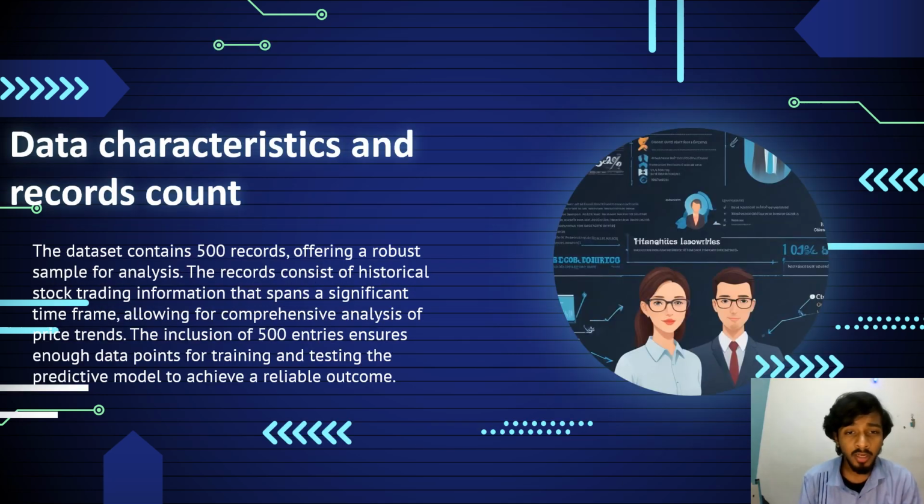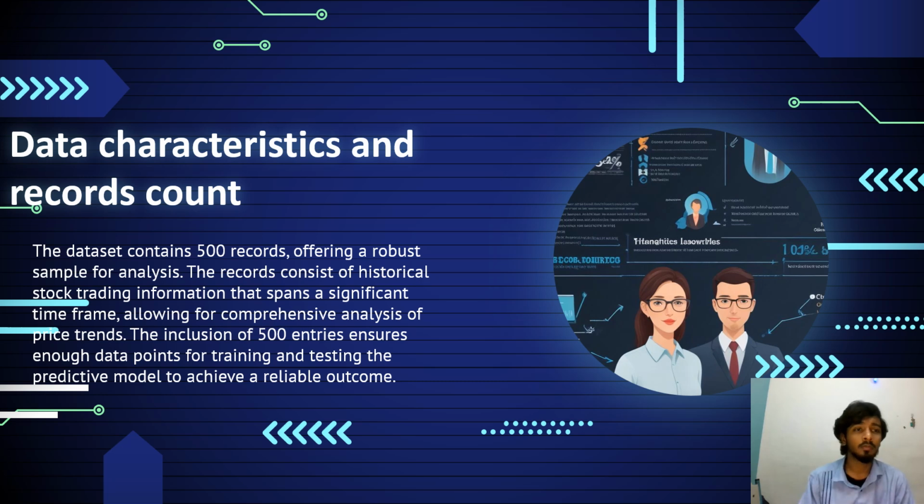Next point is data characteristics and record count. The dataset contains 500 records offering a robust sample for analysis. The records consist of historical stock trading information that spans a significant time frame, allowing for comprehensive analysis of price trends. The inclusion of 500 entries ensures enough data points for training and testing the predictive model to achieve